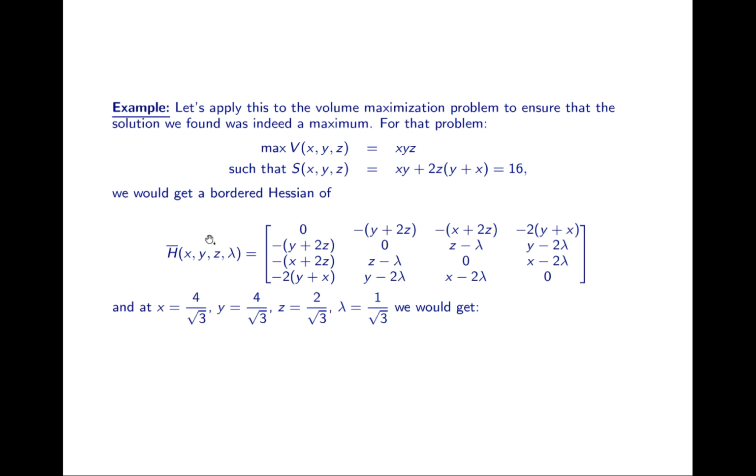And of course, I want to evaluate it at x is 4 over the square root of 3, y is 4 over the square root of 3, z is 2 over the square root of 3, and lambda is 1 over the square root of 3. So if I evaluate this bordered Hessian at these values and take determinants of this upper 3 by 3 block and the upper 4 by 4 block, I get,